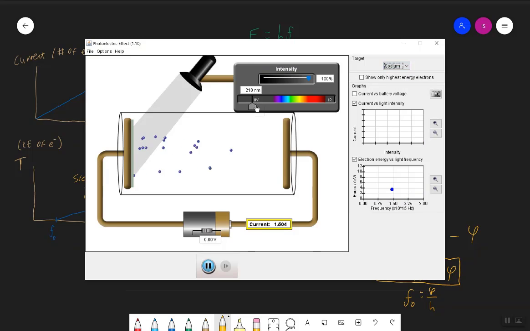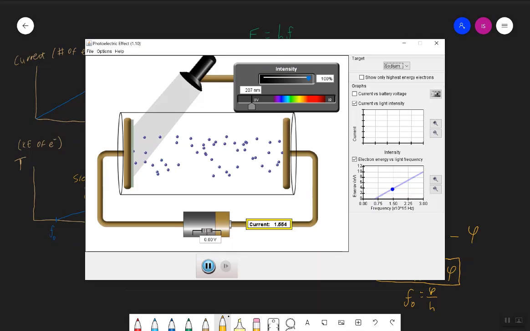So let's go back to sodium. The slope is the same. It just hits the x-axis at a different spot, which corresponds to each metal having its own work function, a different amount of energy that you need to knock the electron off the metal. So that's what this is. And so you can actually calculate these work functions, and then you can calculate the slope, and the slope is